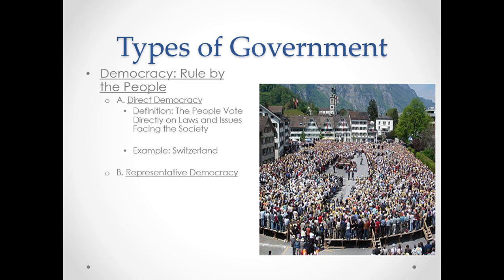All right, so representative democracy is where the people, so you and I, when you become a voting age, elect someone to make decisions for you simply because you've got a life to live. You don't have time to go up to Washington, D.C., or go to the Vinton Town Council, or go to Richmond, Virginia, and argue with a bunch of people about where the traffic signs should be, how much tax money should be taken out of your paycheck. You don't have time for that. You got a life to live. So we elect someone to make those decisions for us, and they're supposed to represent our needs to the rest of the people.